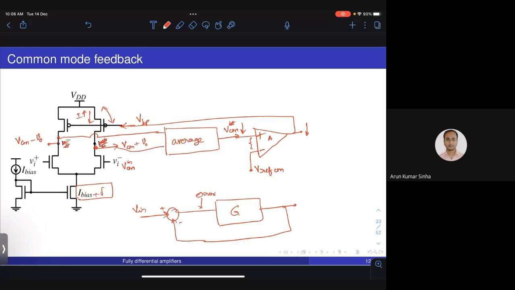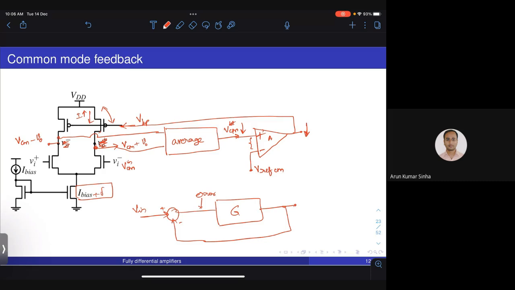If the output common mode falls, this amplifier's output will also reduce, because VCM detected will become less than VCM ref, and the bias point of this current source transistor will reduce, which will increase the current in the PMOS transistors